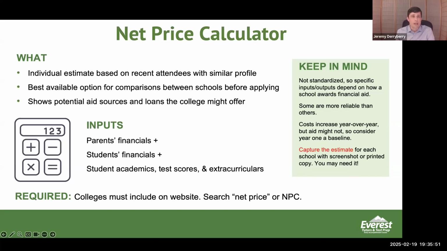My one main piece of advice for you, once you've done the net price for a school, is to capture that information somehow. Take a screenshot, print it out, save a PDF of it. And why do you want to do this? Well, once you've got your choices and your child's been admitted to the schools that they're interested in attending, and you're trying to decide which one you're going to choose, you're going to get a lot of different aid offer letters, and they're going to be a little bit different.